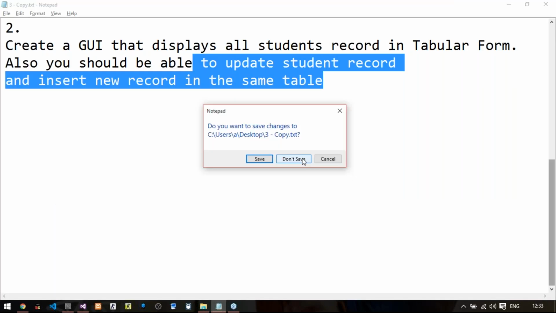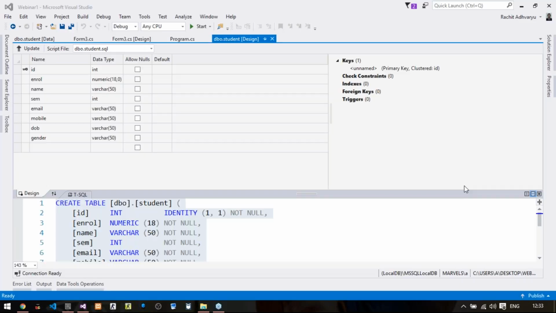How to connect all the forms, you want the data binding steps.